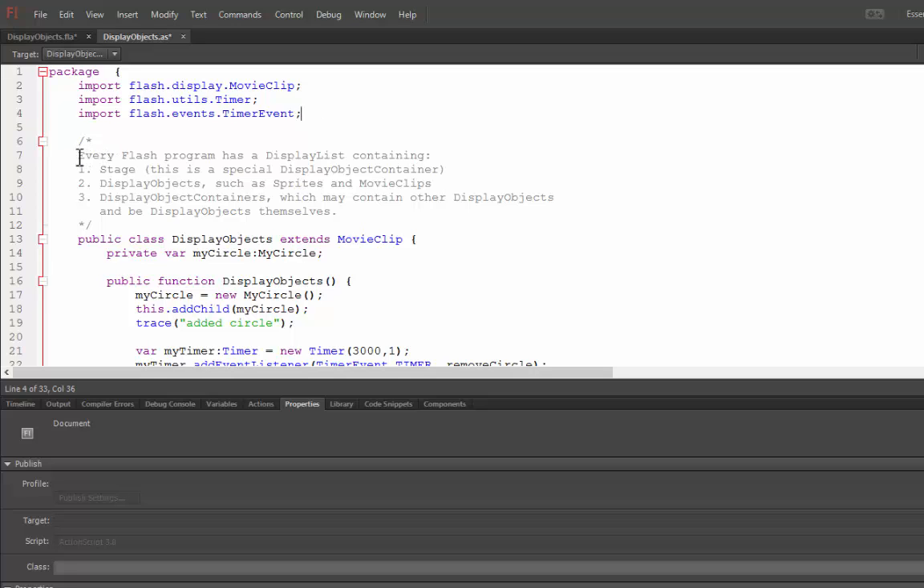I've got a long multi-line comment here. Every Flash program has a display list containing one. So a display list contains three things. A stage, so everyone knows about the stage, which is actually a special type of display object container, which we'll get to shortly. It contains display objects, such as sprites and movie clips, and also contains display object containers. So a display object container may be a display object itself, but it can also contain other display objects, so other sprites, movie